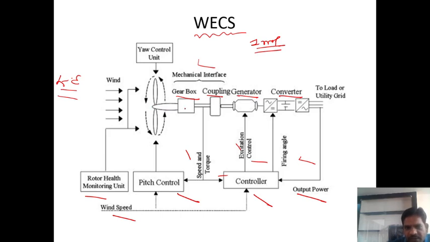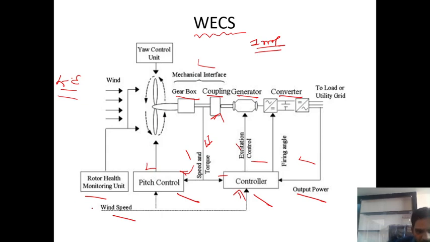This shaft is connected to the gearbox, and the gearbox and shaft are connected to the generator with the help of the coupling, guys. So what about the speed? Whatever the speed is, it will be controlled with the help of this control unit. These sensors are connected to the controller. Another sensor is connected to the pitch controller, which changes the dimension of the blades, the pitch, and transfers the data to the controller, guys.